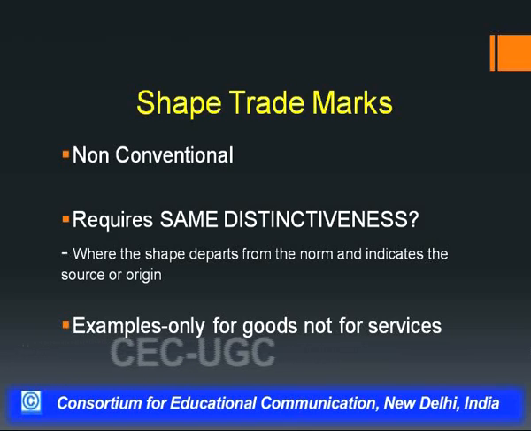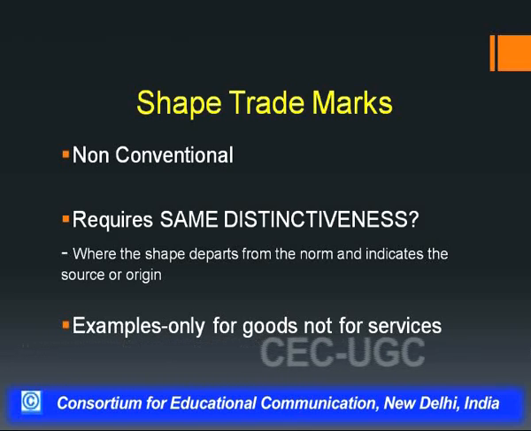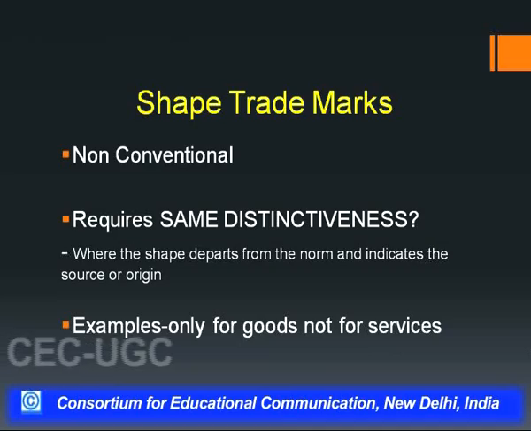A shape can be given a trademark protection for goods, not for services. What does it mean, friends? That there cannot be any trademark in the form of a shape trademark which can be used for services, but for goods there can be several such trademarks which are shape trademarks